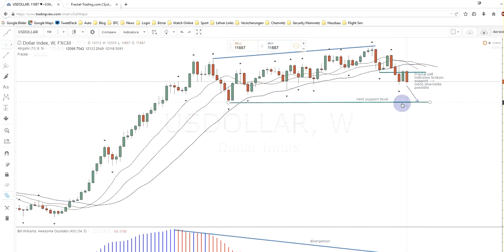There are more fractals in between the current location of price and this next support level, which means that since we are in a correction, it's highly probable that prices are not going to simply move down, but are going to be more annoying and take longer until they actually reach that next support level. Okay, of course this is just a guess and I don't know what it's going to do,